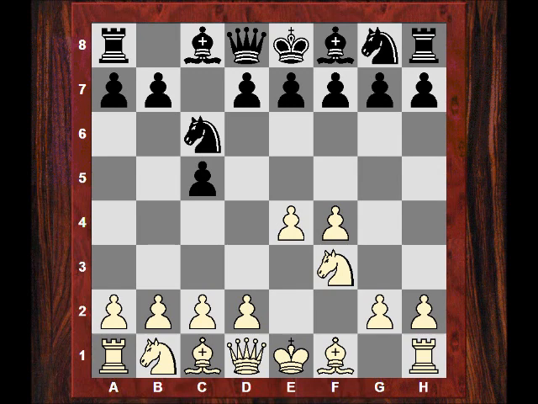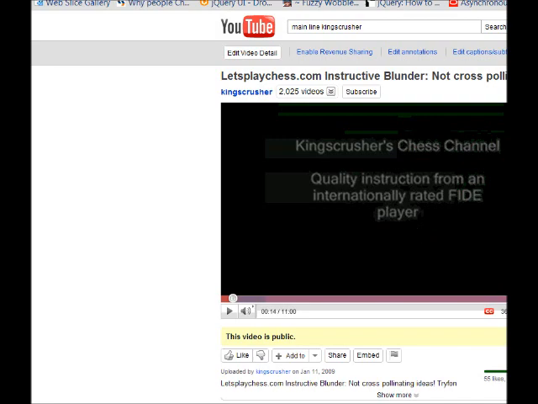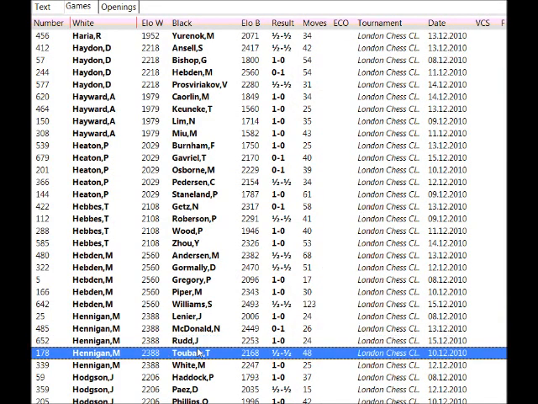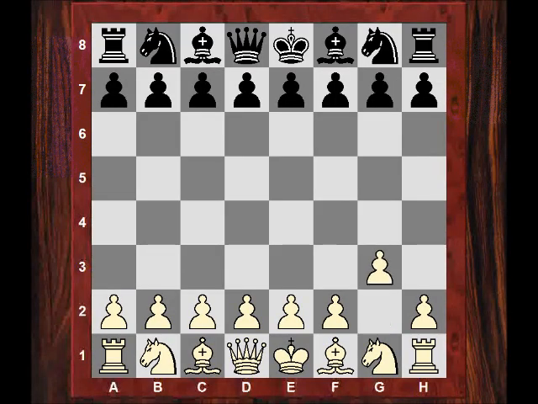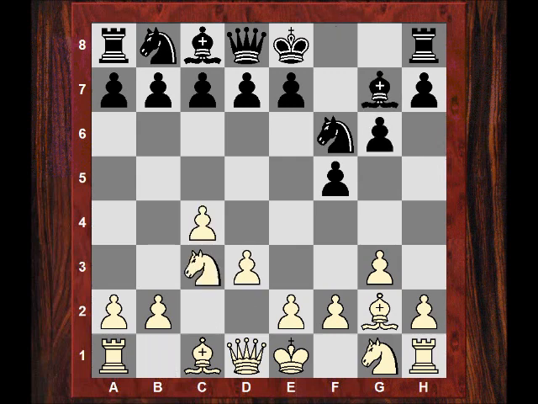There are some downsides to just playing 1.g3, by the way. I guess I should show you the other game, which was a bit of a disaster in the same tournament for Michael Hennigan. So I'm just going to close this game and we'll have a look at another Hennigan game against Neil McDonald. He played g3 against Neil McDonald, who was higher rated. But was the game lost because of the opening, or just because the opponent is sometimes more dangerous tactically on that particular day?